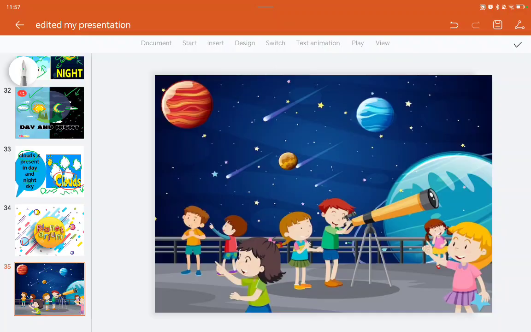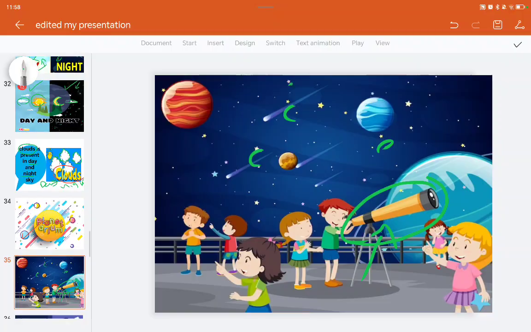There are machines and tools. We can use them to learn about the sky, like this telescope. So a planetarium is a place where we can learn about the sky. This place has machines and tools. We can use them to see and learn what happens and what is present in the sky.